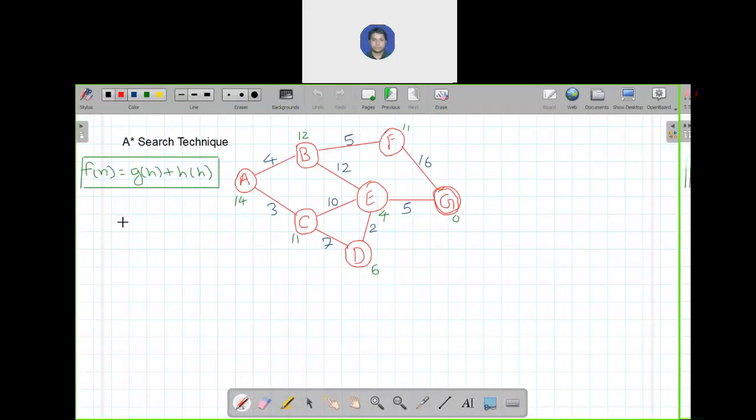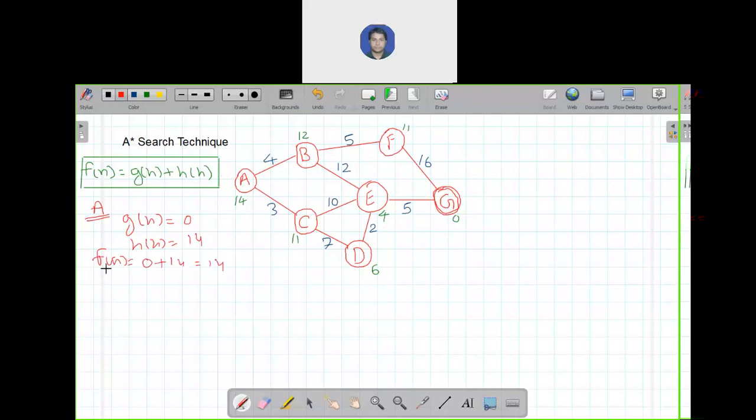You start from the start state, which is A. For start state A, what is Gn? It is the actual cost to reach the start state, which is 0, and Hn is the heuristic value, how much cost it would take to reach the goal state from this state, which is 14. So Fn for this state is 0 plus 14.